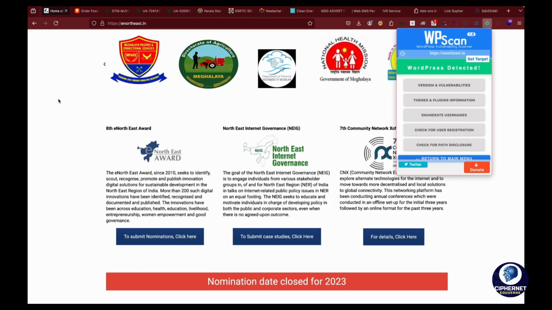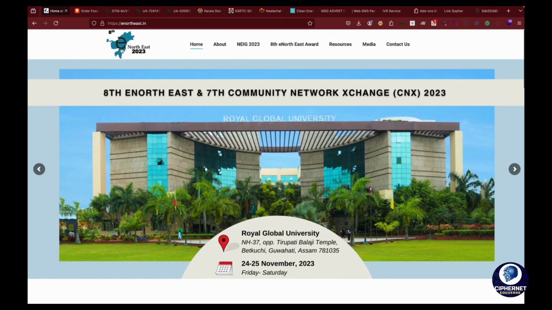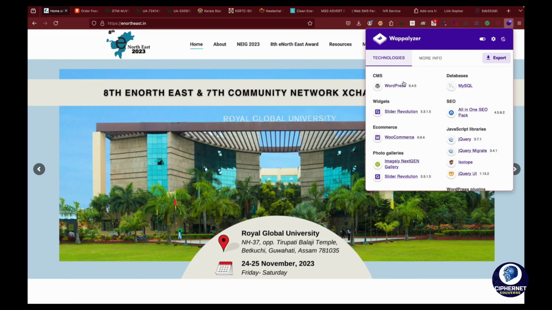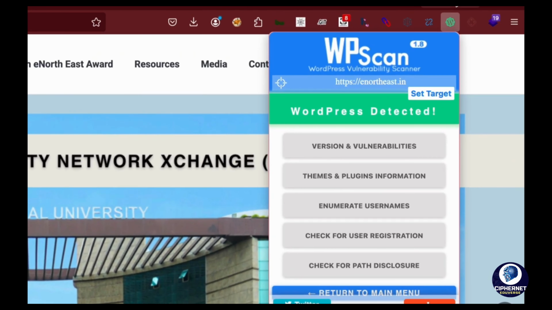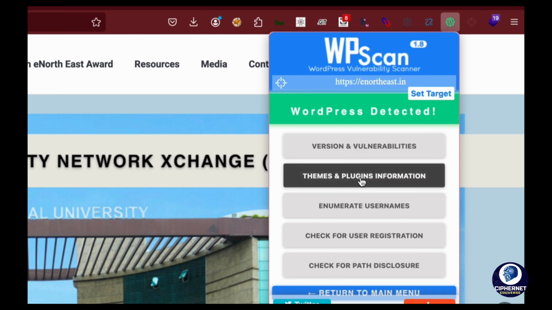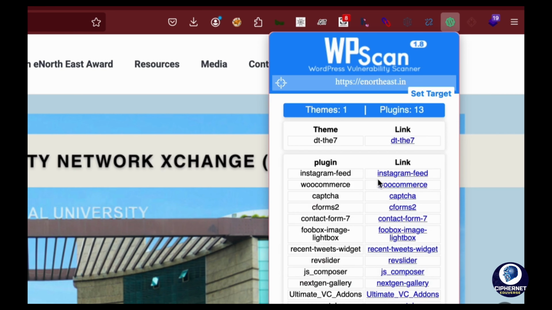Okay, as if that particular target application uses any version of WordPress, it automatically gets highlighted as green. When you click on the icon, you can see multiple options over here, like version and vulnerabilities, themes and plugins of the particular application. These are the plugins and themes that are used by this application at the time of building using CMS,